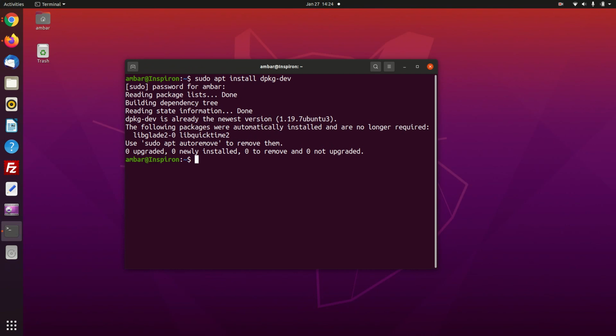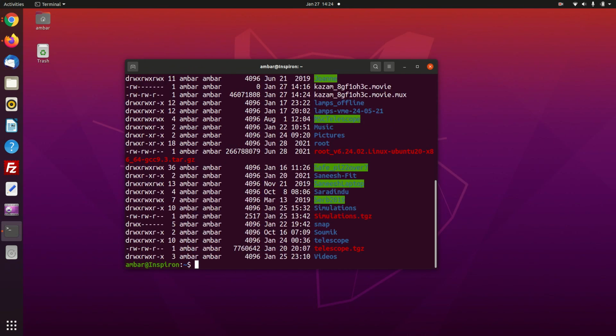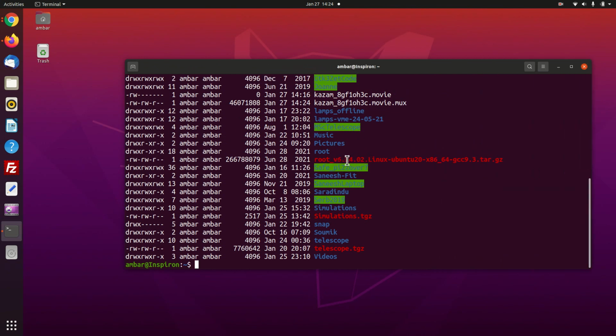and having done that, then shift it from your downloads folder, bring it into your home directory. So here you see that this is what I have downloaded. Now this is actually version 6.24, whereas what I showed you just now was actually 6.26, because I had installed it some time back, and that time this was the latest. So when you install it could be a newer one, but the process for the installation is going to be